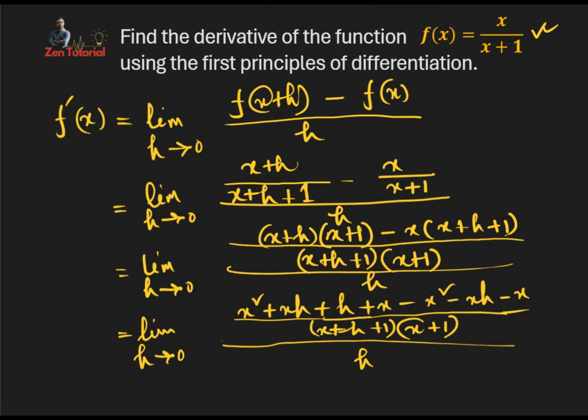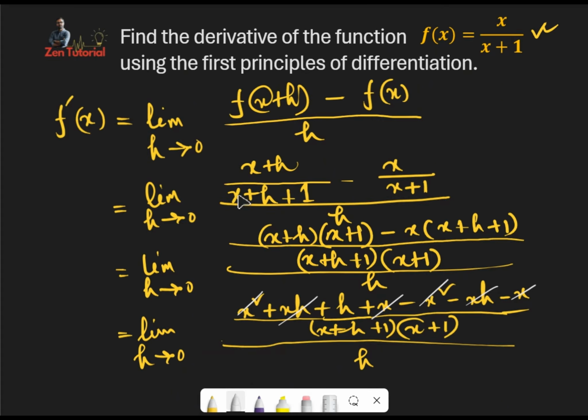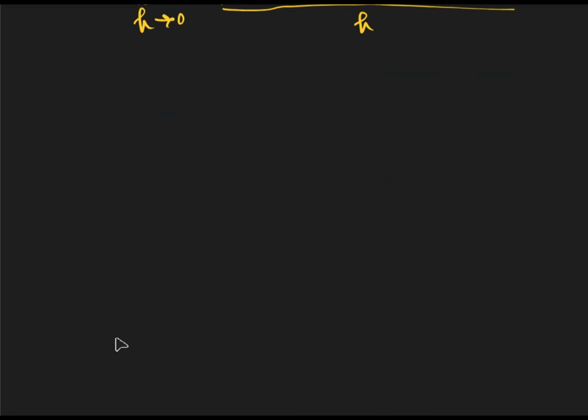So let's use a different color pen. So minus x square cancel out, xh cancel out, this one and this one cancel out as well. So we have,